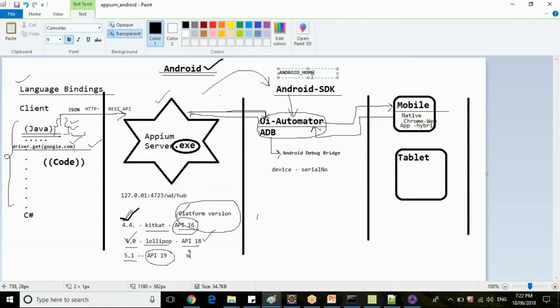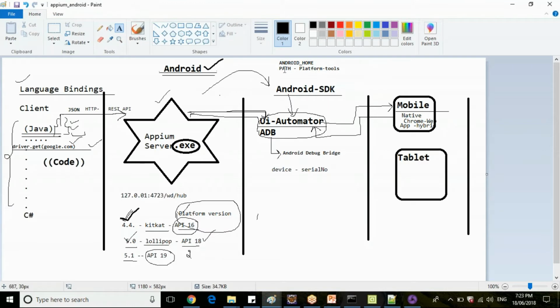Setting the path till Android home and path variables till platform tools and tools, correct? So now the APM immediately checks where the SDK is installed in the computer. Since we already set the Android home path, it will directly go to UI Automator and tell this UI Automator, go first to ADB.